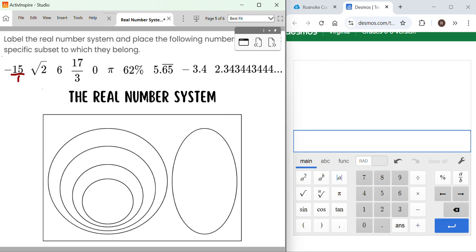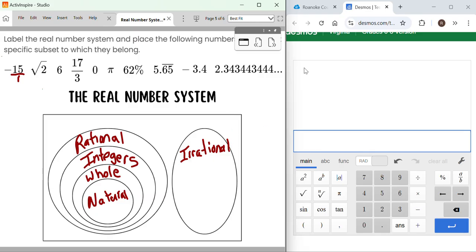So down here, these are our natural numbers. They are the first numbers we learn when we are young. We are brand new in learning how to count our fingers. So those are natural numbers. Above that is whole. Above that are our integers. And above that is rational numbers. Over here in this oval that sets up and down, these are all the irrational numbers.